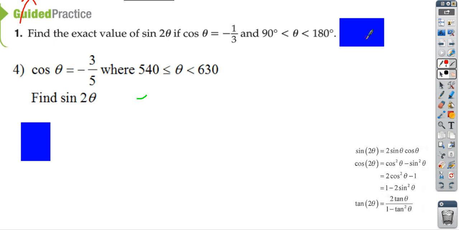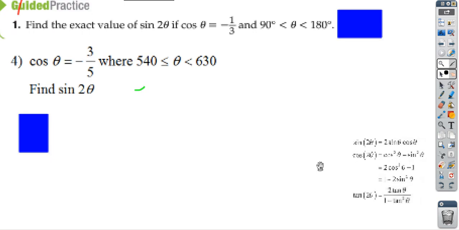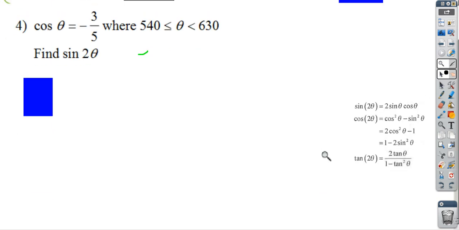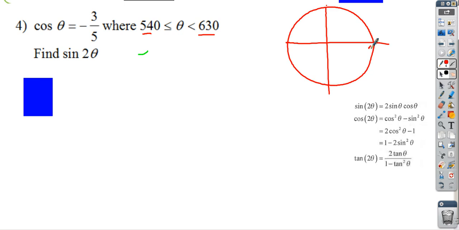Alright, let's do a couple more here. Just trying to see which one. These are both kind of the same thing. I think 4 is a little bit more challenging, so let's look at number 4 instead of number 1. So first of all, they're telling us that theta is between 540 and 630, so we have to figure out where that is. So if we go all the way around, that's 360 degrees. Okay, and then remember, each one of these segments right here is 90, so let's figure out where 540 would